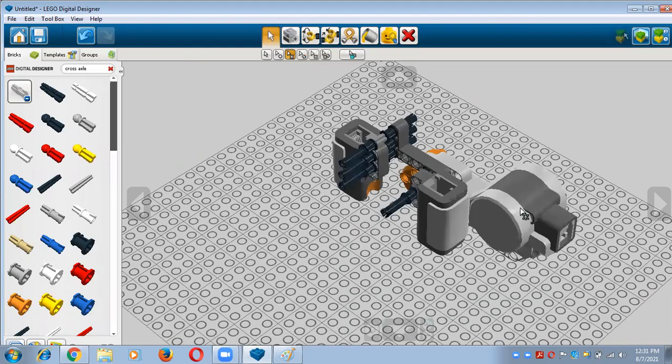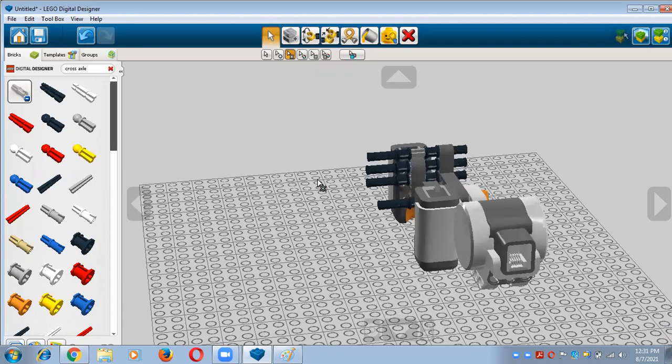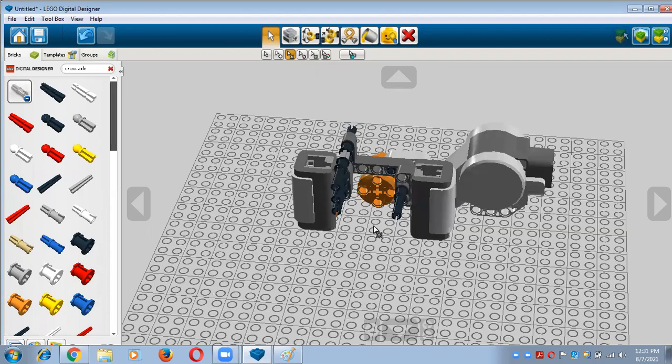You can see, right? And after that, you will take one Technic angular beam, which is here, right? So you can use the clone tool. And by the help of the clone tool, you can easily take it, right? And then you will put it here in this way.